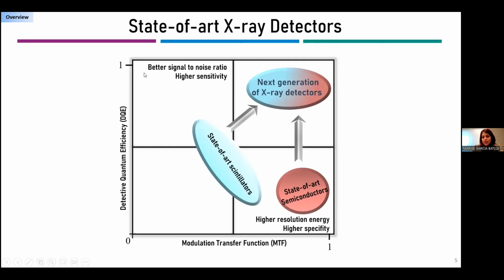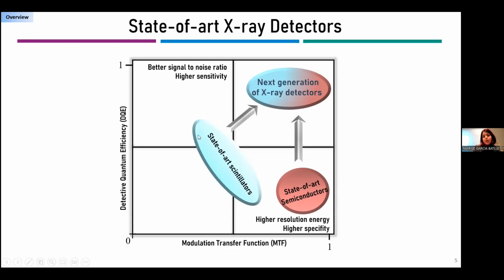The ideal X-ray detector needs to have a detector quantum efficiency of one, which means that the absorbed radiation energy is completely converted into image information. And of course, the modulation transfer function, which is connected to the spatial resolution and the number of pixels per square centimeter, needs to be high. The state-of-the-art semiconductor devices present a higher energy resolution,